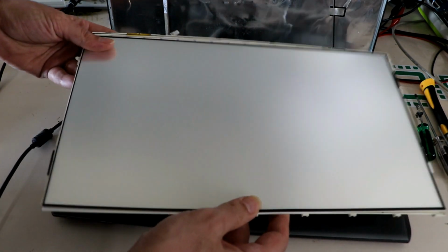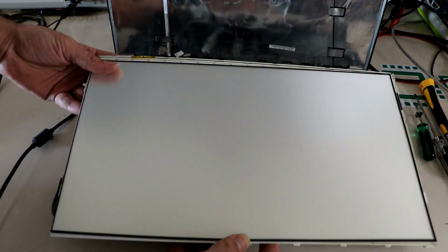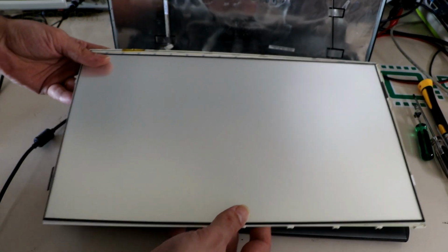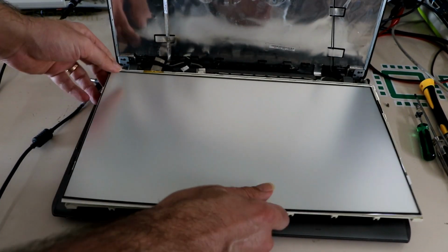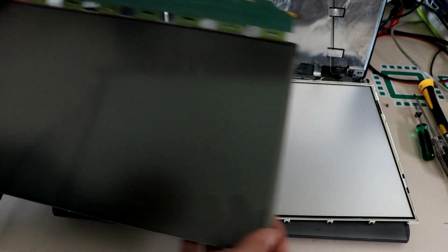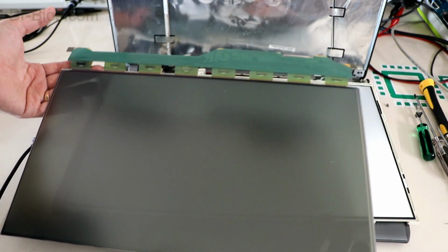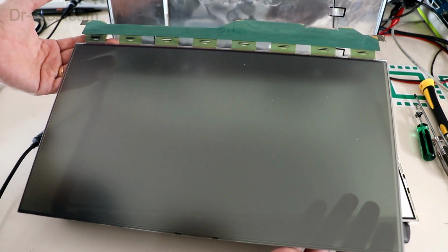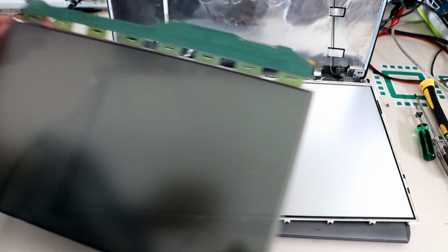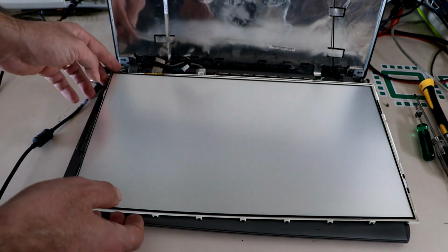I'm going to remove this part from a broken LCD and replace it with these sheets. And the working parts are T-con board and the front panel. That can be removed like this. I need to place this panel on a broken LCD backlight and use it. I remove the sheets from backlight